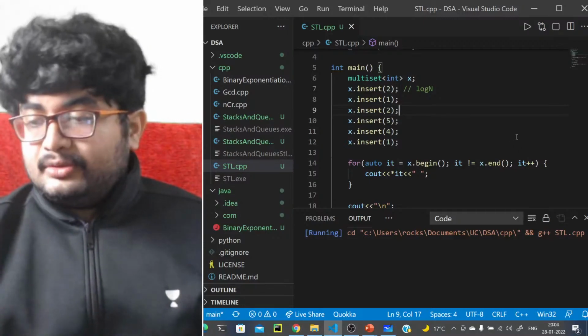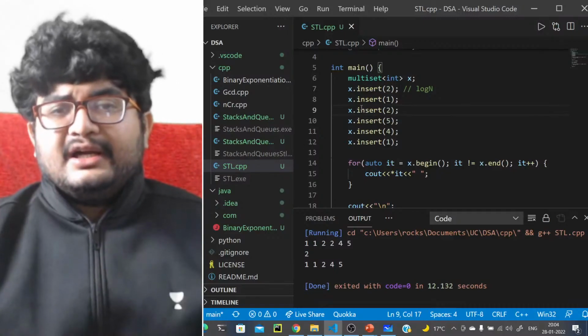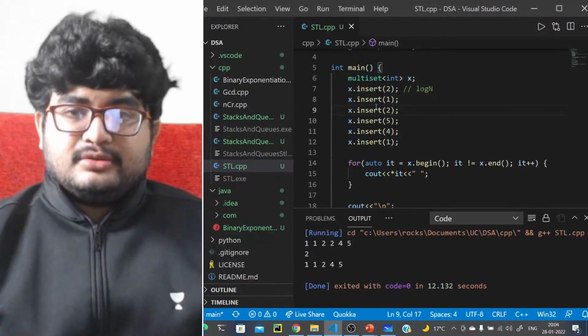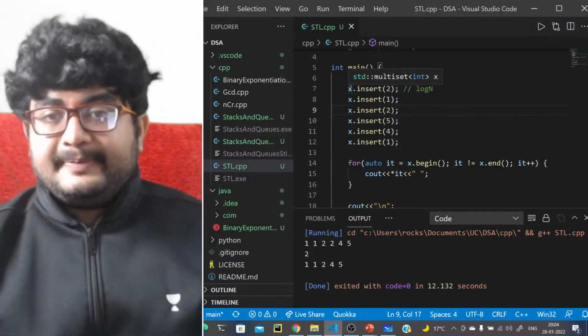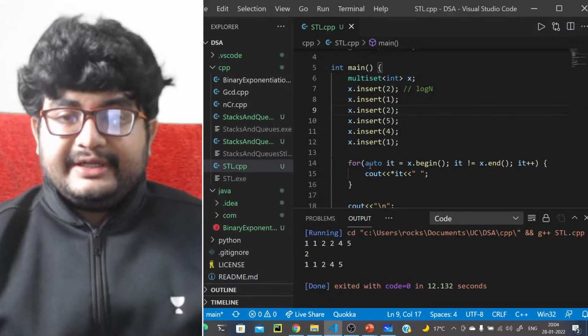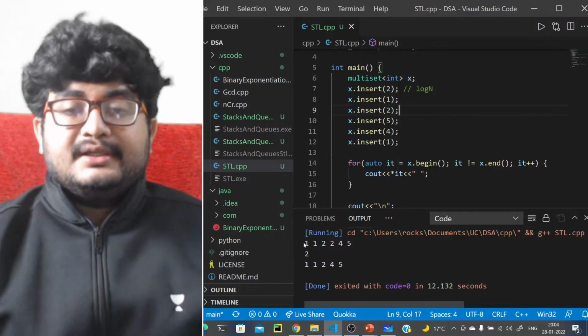Can you paste the code in the chat box? In the chat box it will be difficult. I don't think you'll need these codes because these are available. But definitely, if I do some problems, I'll paste the code or push the code to GitHub. You'll get the GitHub link in Telegram.